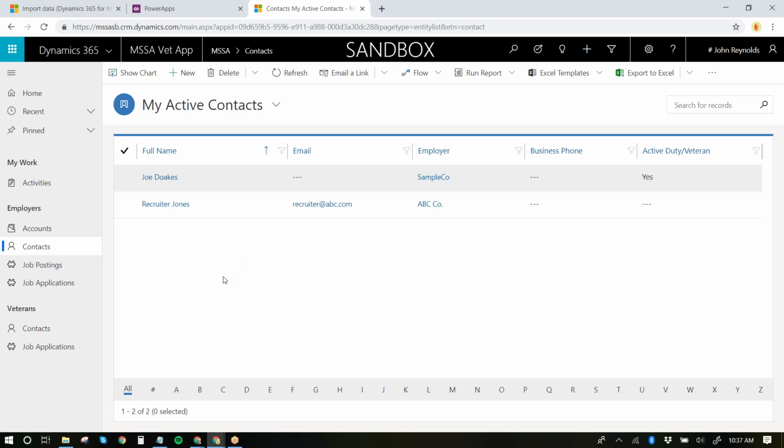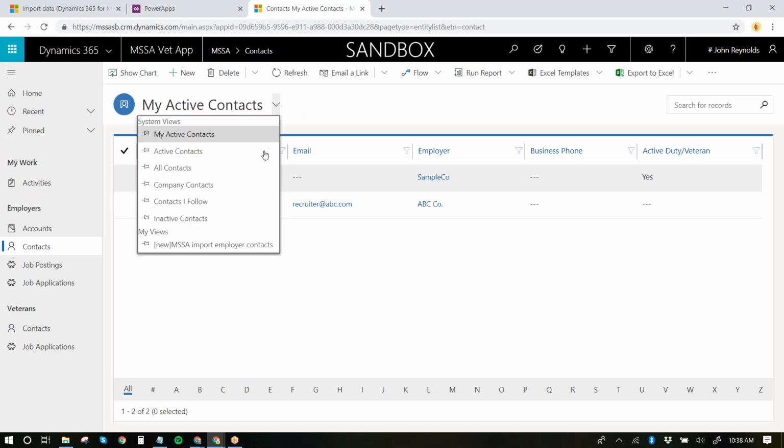Well, yeah, but you have to do two imports because if you want a lookup on the contact record to the account, obviously you have to have an existing account to look up to. But if it's got the original account entity in with the contact entity, it would know where it goes, I'm thinking. Yeah, but see, what it does is it basically imports,